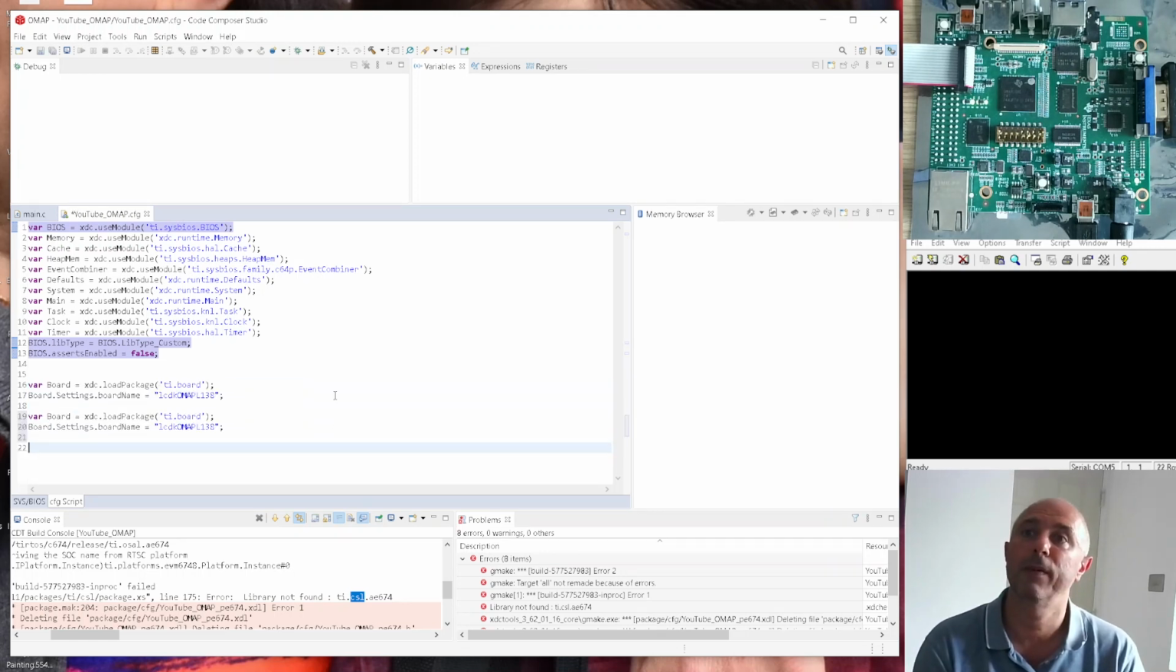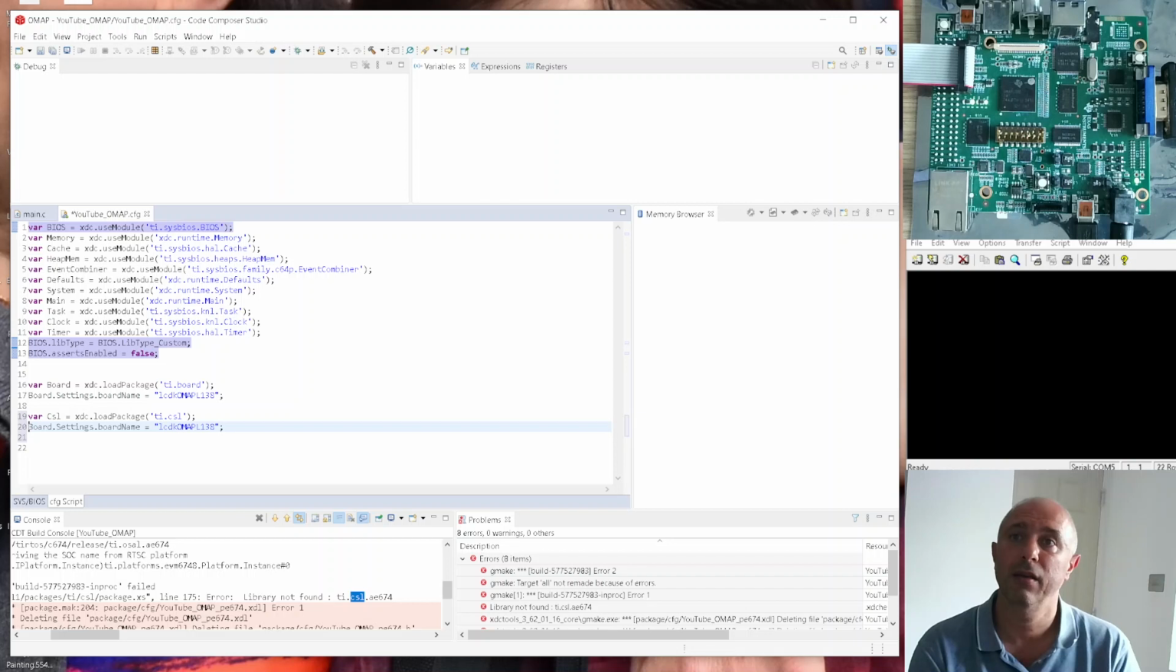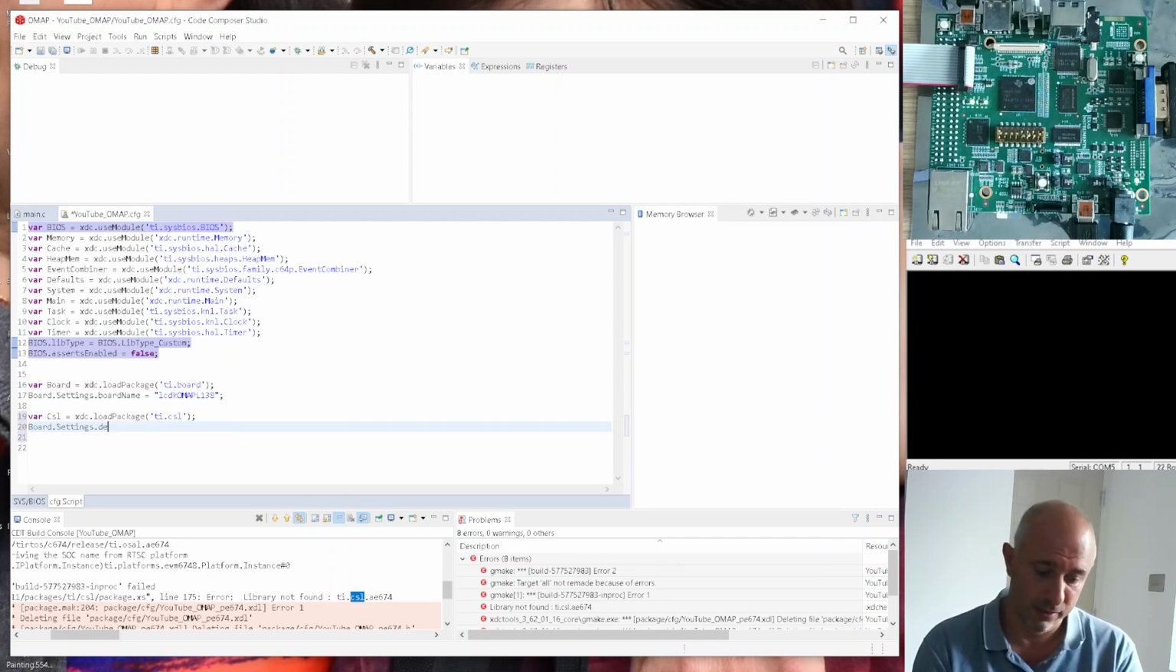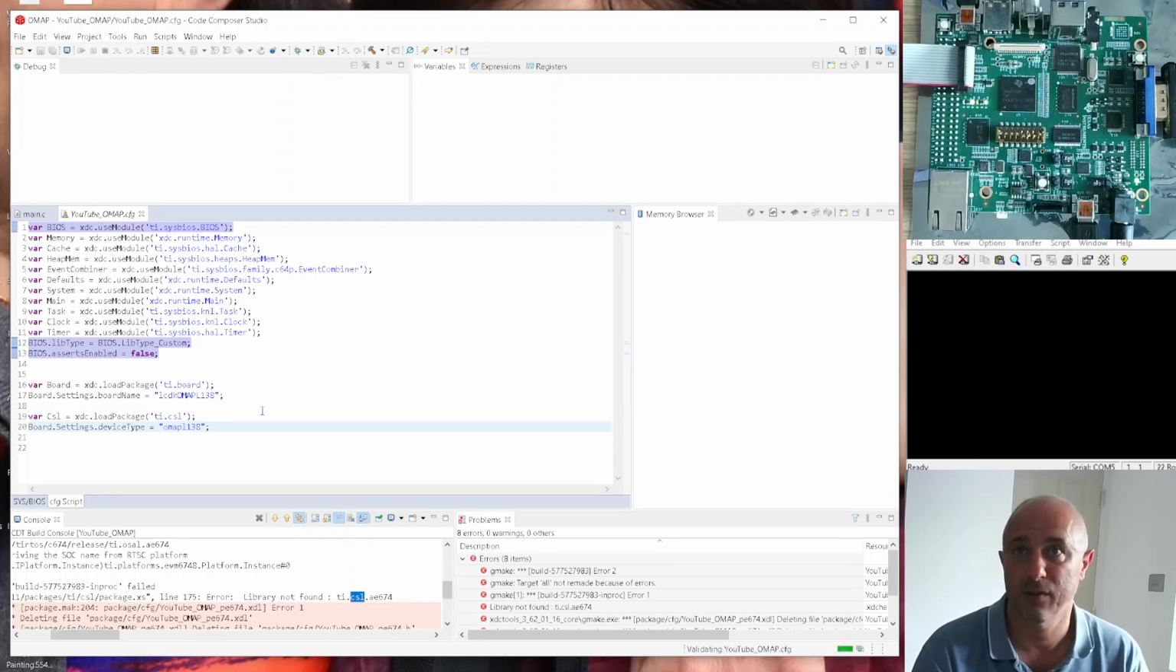Same thing, I'm just going to copy paste that in here. So we're going to do CSL, right? And we're going to load package TI.CSL. Same thing, but this time on the CSL it requires device type. So board.csl.device type, and likewise OMAP L138. In the same way, the device will be there as well. So this one is the LCDK, this is the CSL,